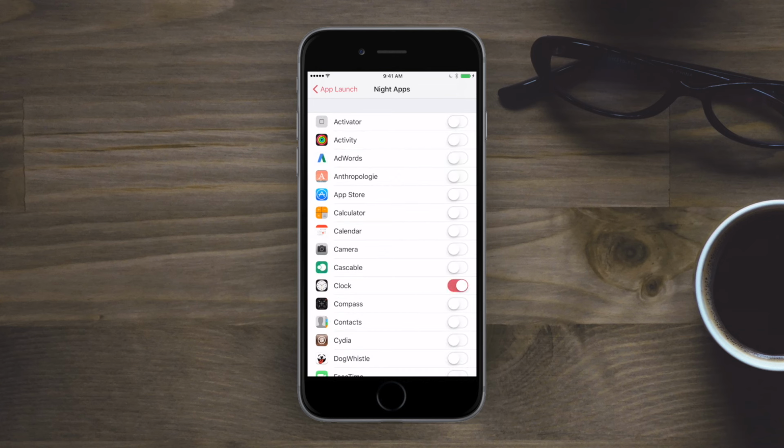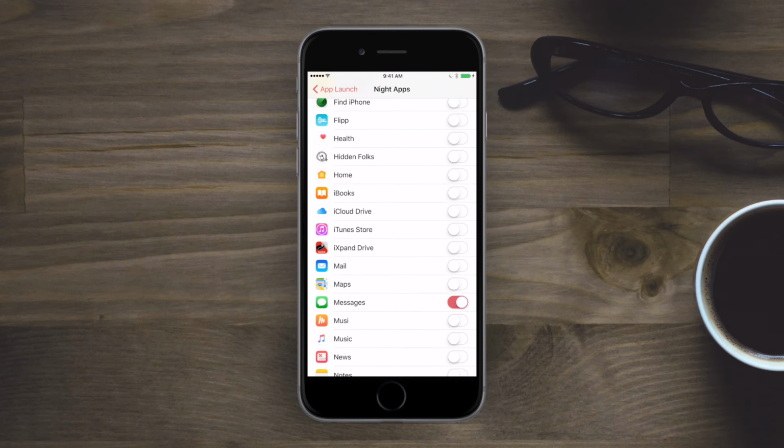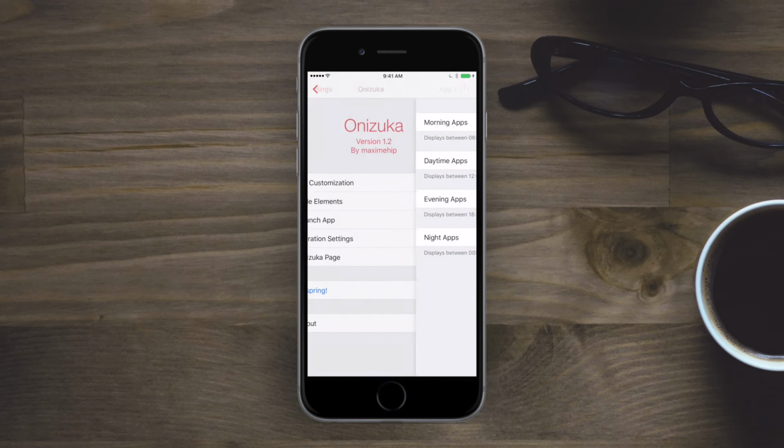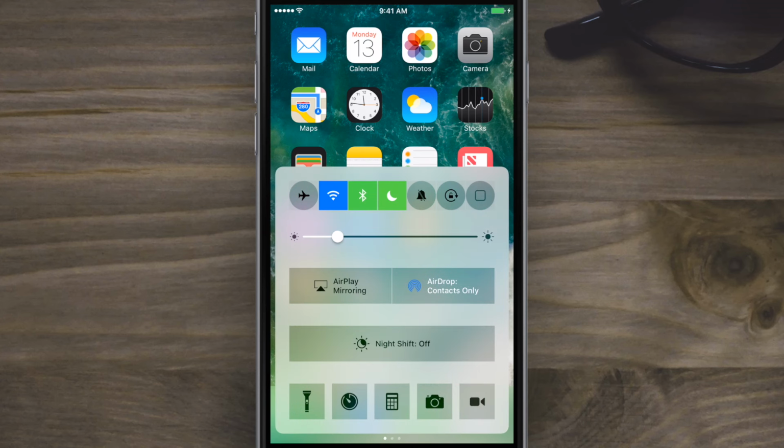So if you use certain apps in the morning, like in the morning I like to read the news, check my messages, check my email. Throughout the day I use my calendar, my mail a lot. And at night I use something like the clock to go ahead and set my alarm. So I can actually put those in there, and then when I swipe over to that special thing, of course